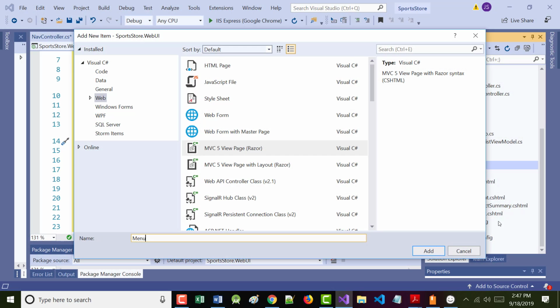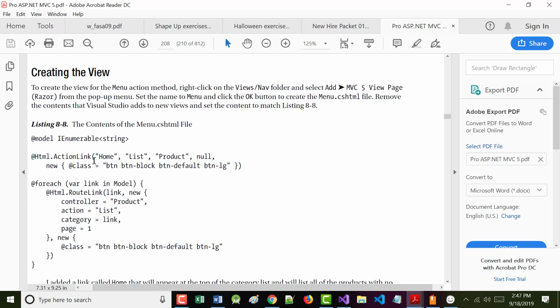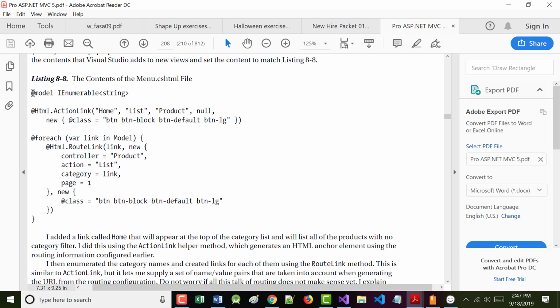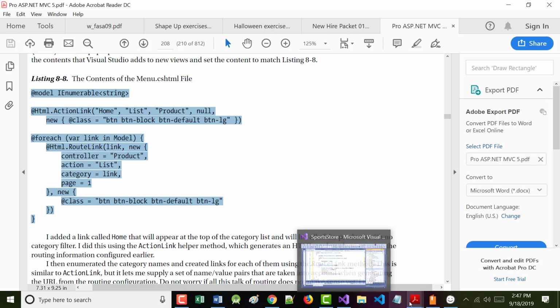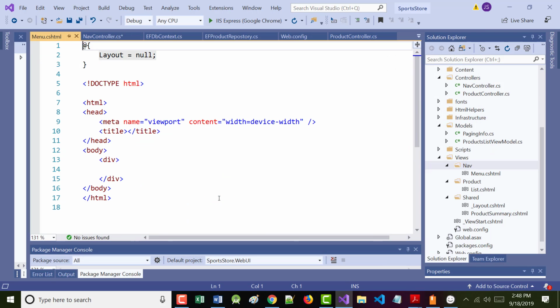All right. So again, I'm following the author's lead right here. And then the contents, I haven't created it yet, but once I do, I'm going to put in this. All right.